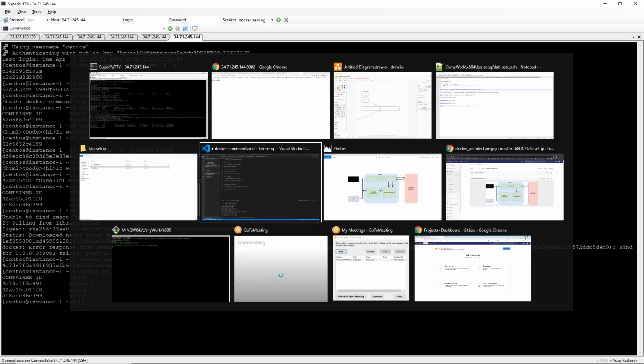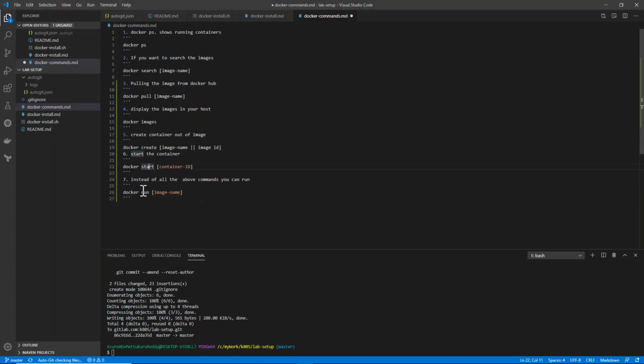For now: docker start, docker run, running the containers in background: docker run -d image name.